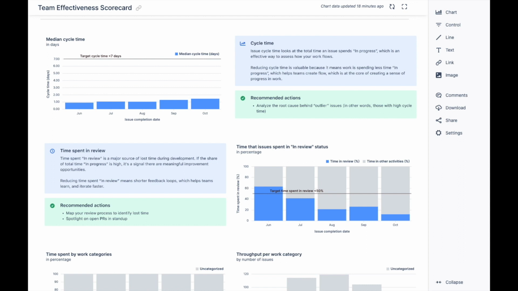You can use the date bucket control at the top of the dashboard to view these metrics by week, month, quarter, or year, and the calendar control can be adjusted to change the dates. The target value on the metrics helps to visualize how our team is doing and can be adjusted to fit